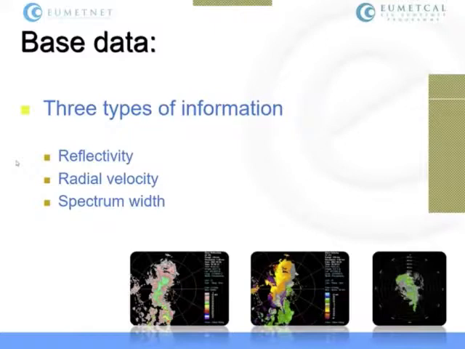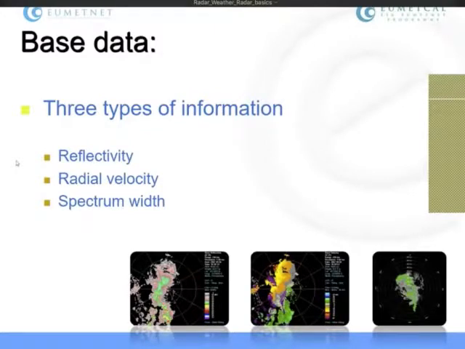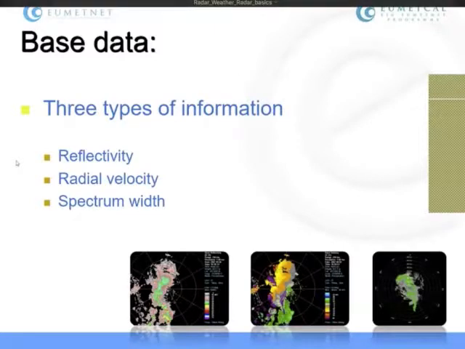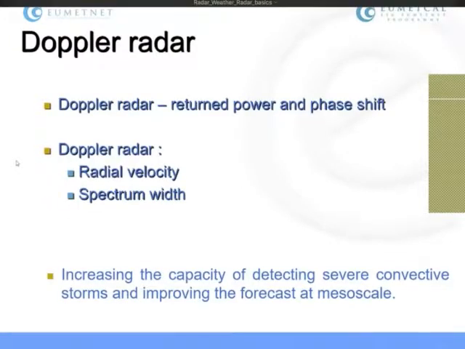When we are talking about single polarization radars, there are three types of information that are used. One is reflectivity, which will be introduced to you in the second part of the presentation by Martin Hagen. You have the radial velocity, and you can interpret that using the Doppler effect. I think Wilfried will talk about that in a coming session. And you also have the spectrum width, which is related to the distribution of the velocities inside the pulse volume.